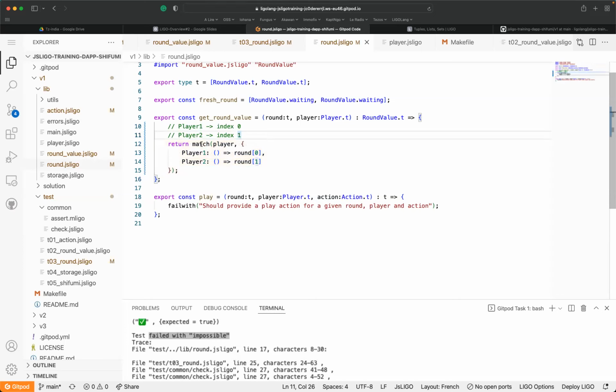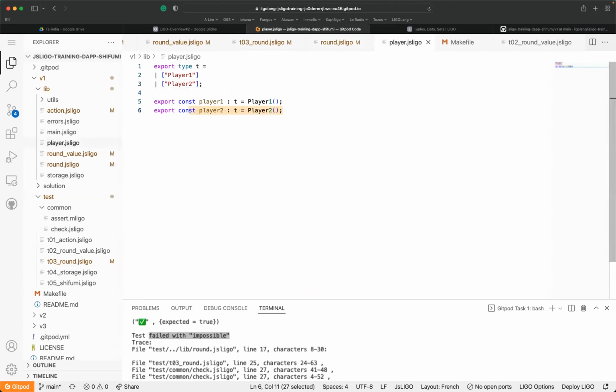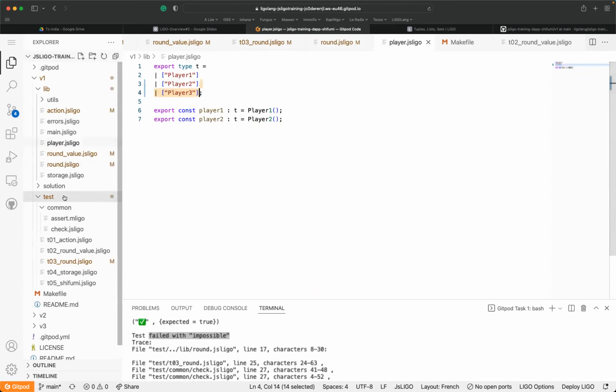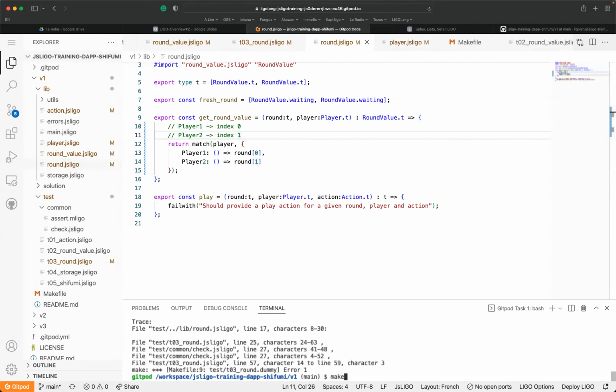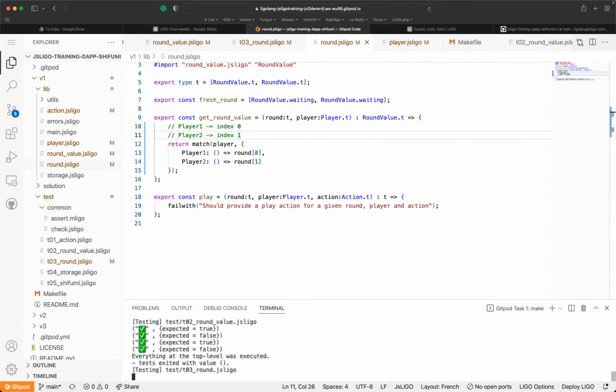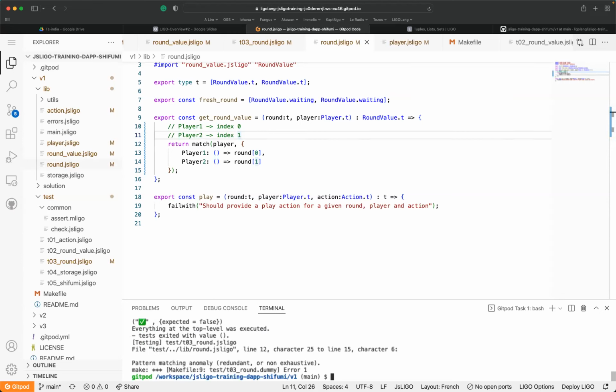Okay, because if I decide to add once again my player 3 here, and I stay with my match operation here, I can try the compilation. And here compilation is really gentle with me because it says that, okay, you wrote the code, which is player 1, player 2. Later you add the player 3, and here this case is not exhaustive.